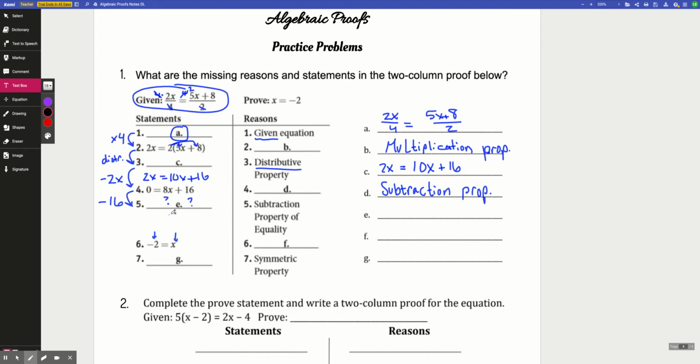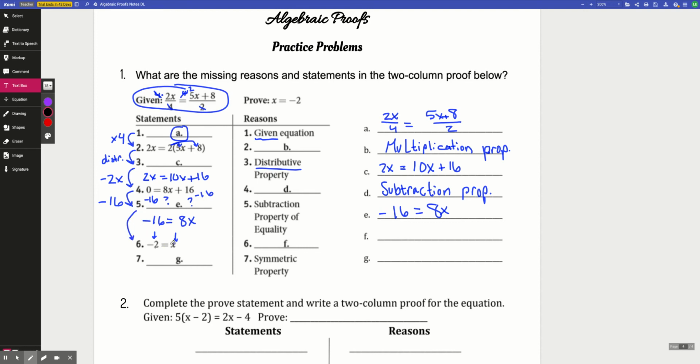Okay, so my new equation then, if I do minus 16 and minus 16 on both sides, I end up with my new equation is negative 16 equals 8x. Okay, so that's what my blank is for E. Negative 16 equals 8x. Okay, all right,